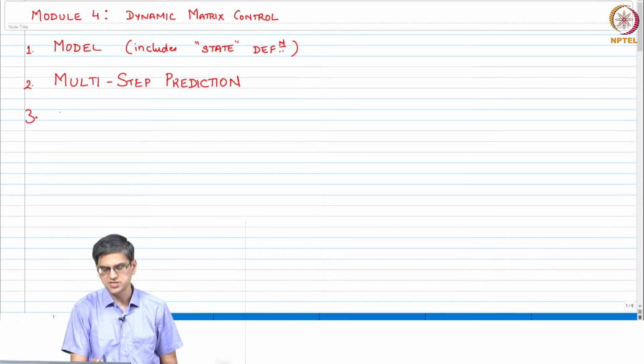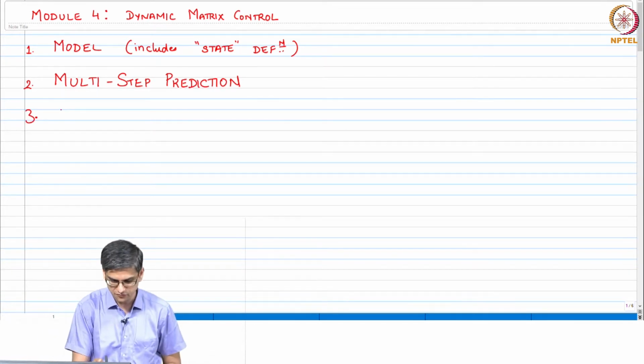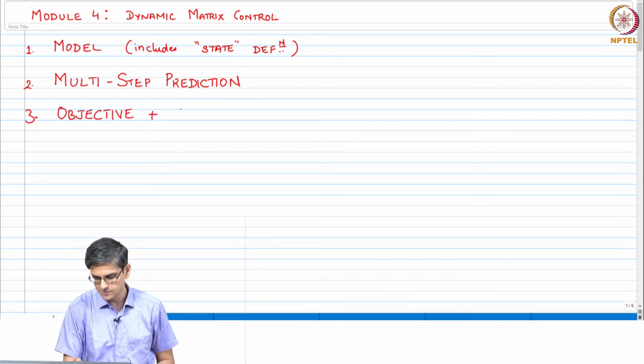Third is to set up the optimization problem itself, which consists of two parts: objective plus constraints.